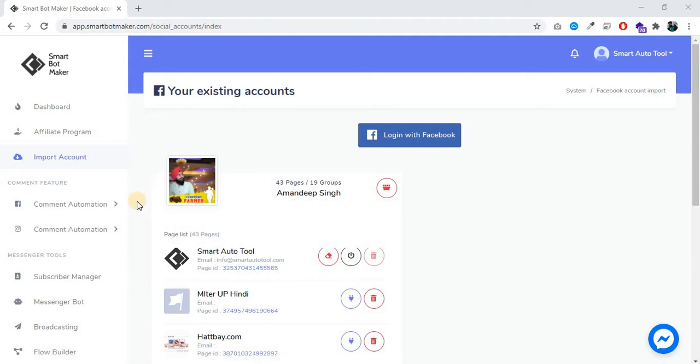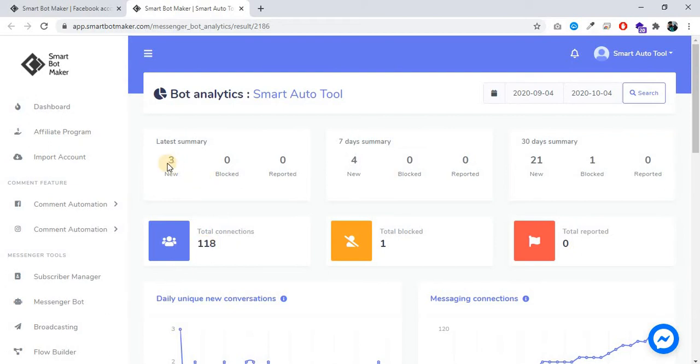You can check data analytics of your page by going to import accounts and then click on data analytics of your desired page. Click on it. Here you can check detail, latest summary, 7 days summary, 30 days summary.